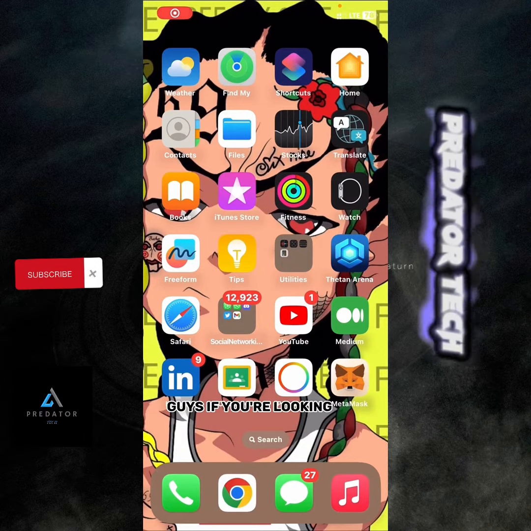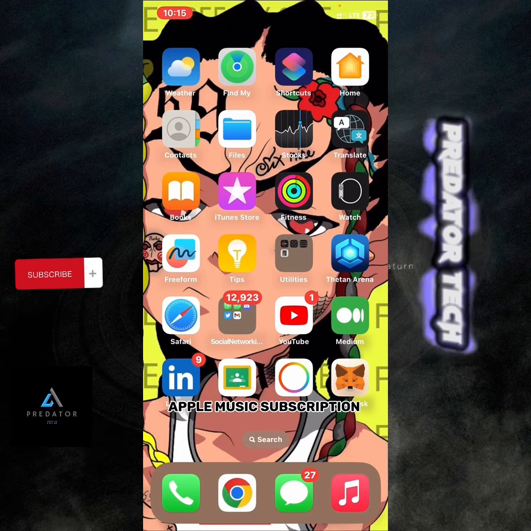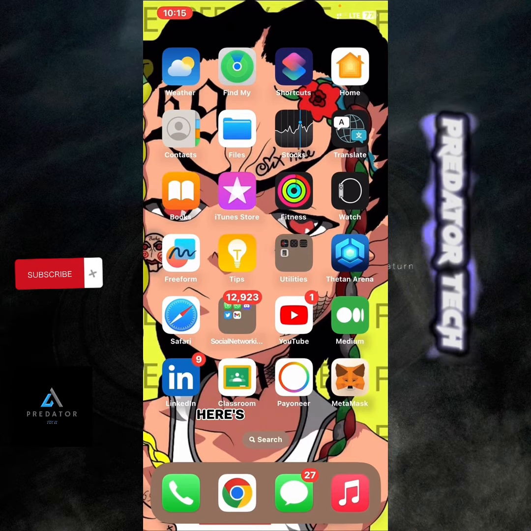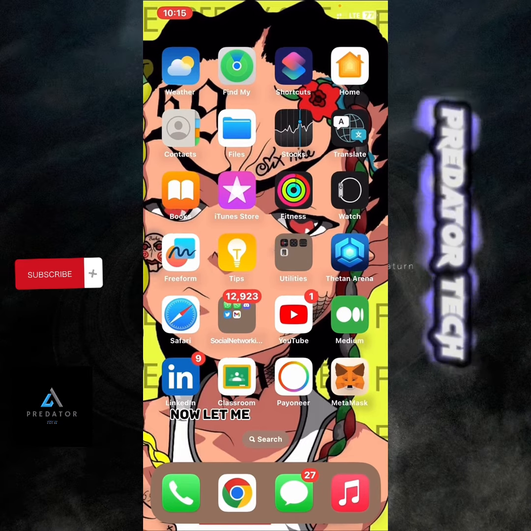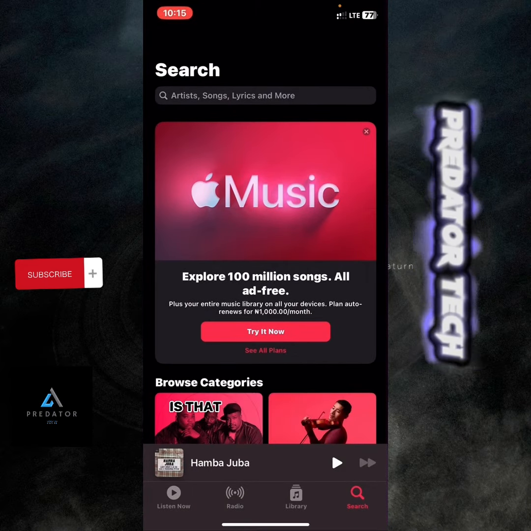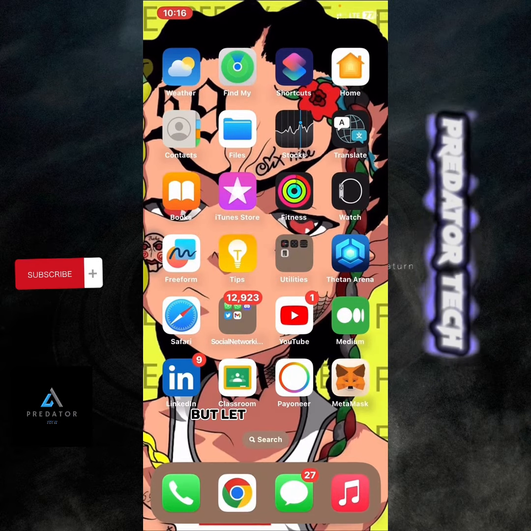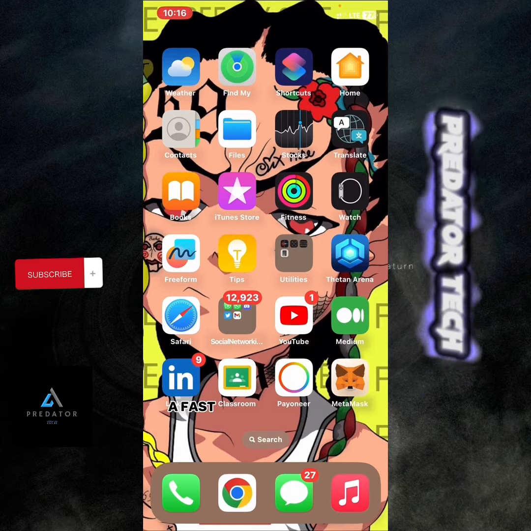Guys, if you're looking for how to get free Apple Music subscription on your iPhone, here's how to do it. Now let me show you that I haven't gotten any subscription on my Apple Music. It's still telling me to pay for it, but let me show you a fast and simple way for you